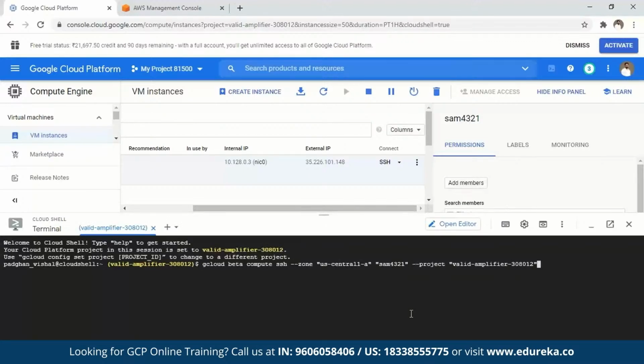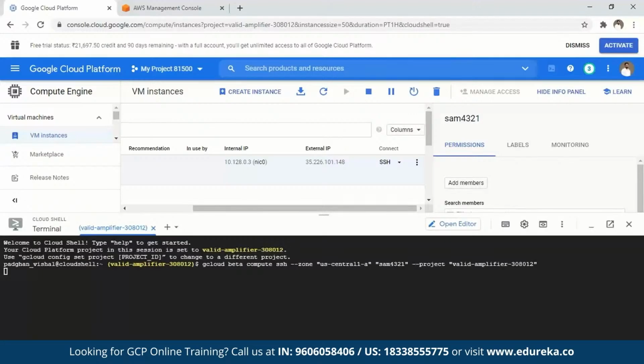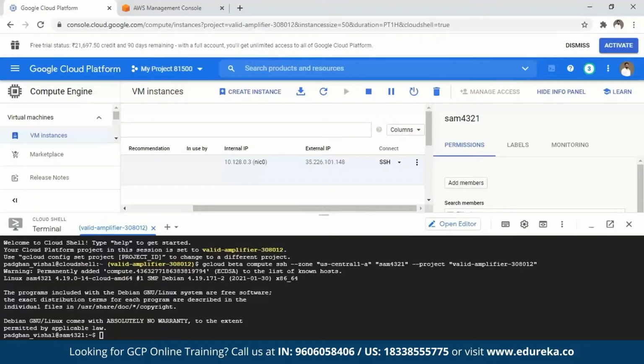There you go. It has fired up my terminal, and using the terminal, it has put forth that command as well, using which I can connect to the instance. If I just hit the enter button, do you want to authorize? Yep. And just like that, it would help me connect to my instance. You see? It has connected to the instance that was there. And I can actually go ahead and start using this Debian if I want to.